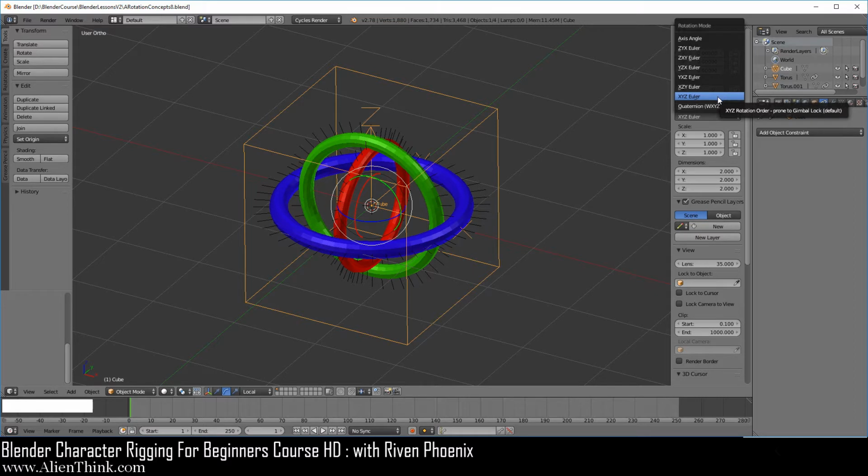So this means that the object is going to rotate on the X ring first, the Y ring next, and the Z ring last. The X ring is bound to the local x-axis of the object, and the Z ring is bound to the world space z-axis, and then the y-axis is the child of the z-axis, right? And the x-axis is the child of the y-axis. So this is the parent-child relationship.